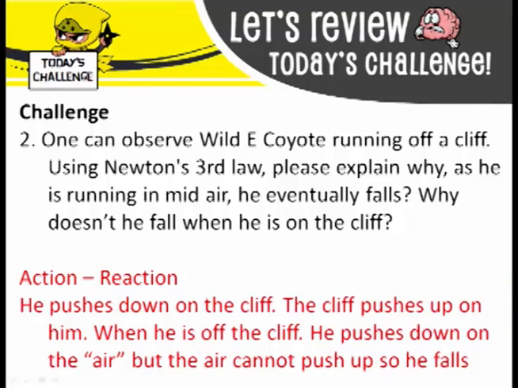Alright, and the answer to that's really simple. Newton's third law is action-reaction. Therefore, if you push down with however much you weigh, if you weigh 150 pounds, if you push down with 150 pounds, the ground has to push up with 150 pounds. That's how it works. If you push down with 150 pounds and the ground can only push up with 140 pounds, guess what? You're breaking through the ground.